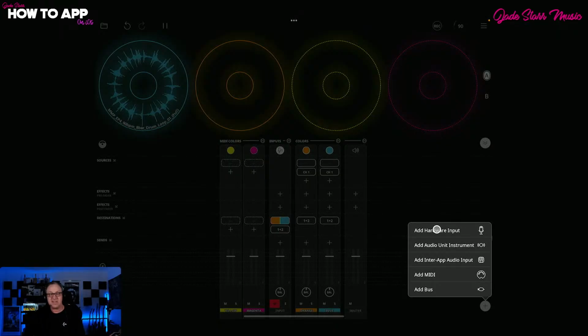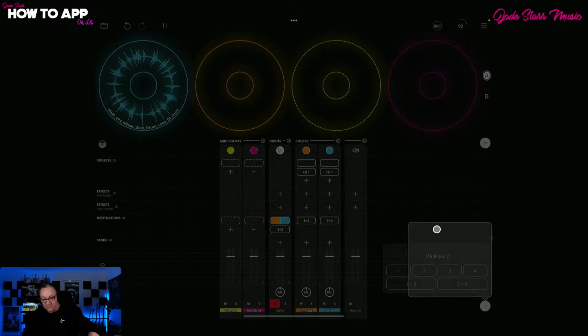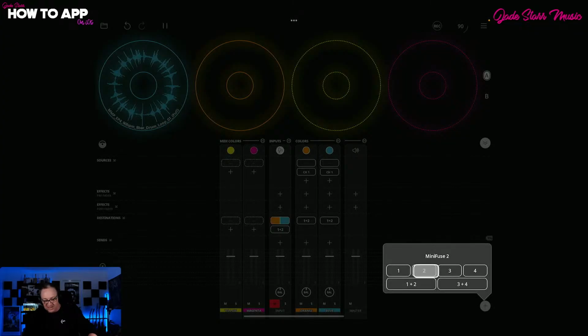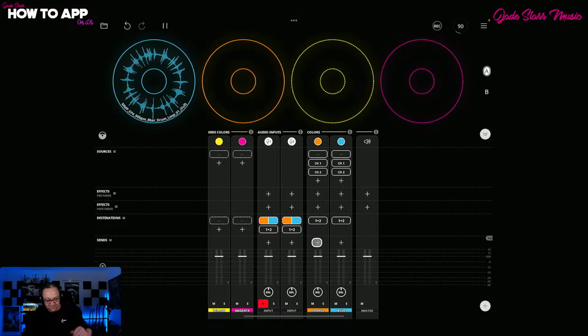So for this, obviously I want to go through my audio interface. So I'm going to click add a hardware input. I'm going to choose input 2 on my Mini Fuse. And straight away, I got guitar coming through. Wicked. Right, so we've got guitar coming through here, and I'm going to want to record this into this loop